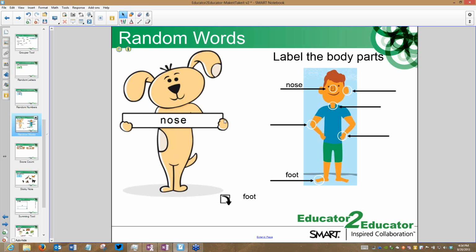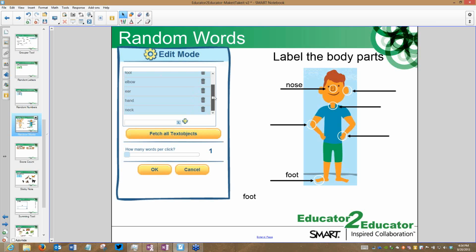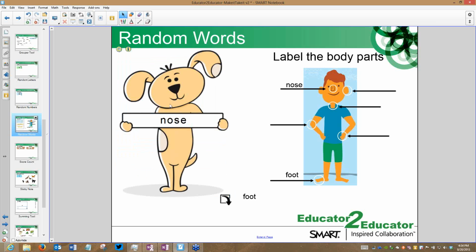You could also do it with matching of definitions to words, different things of that nature. You could even, if you wanted to, program into the backside math questions. Put in a math question, they go up there, they click on the dog, it gives them a 2 times 2, and they inject it and they have to solve it, whatever it happens to be. You could really stretch this into a wide variety, labeling countries on a map or states on a map, cities, bodies of water. I could just sit here and rattle on different ideas for hours probably, just because of the endless possibilities. All right.